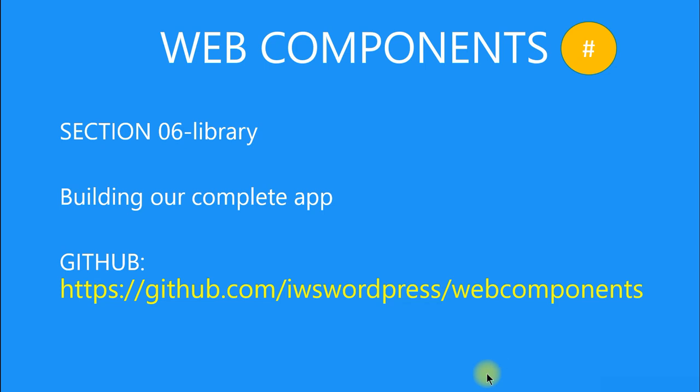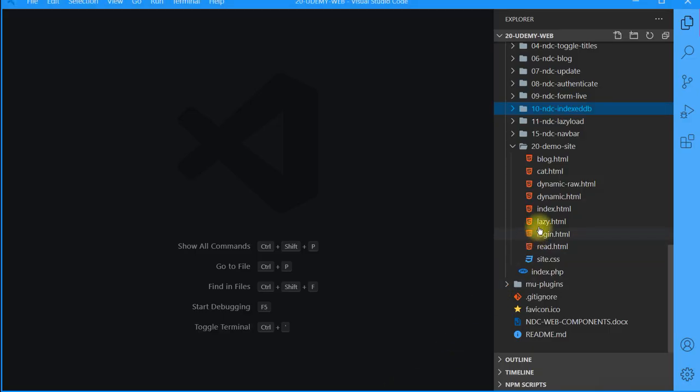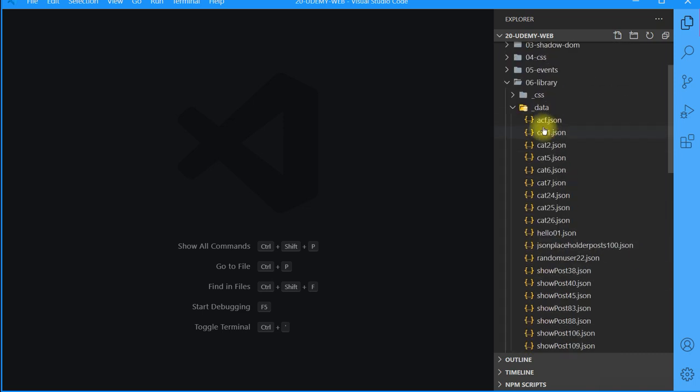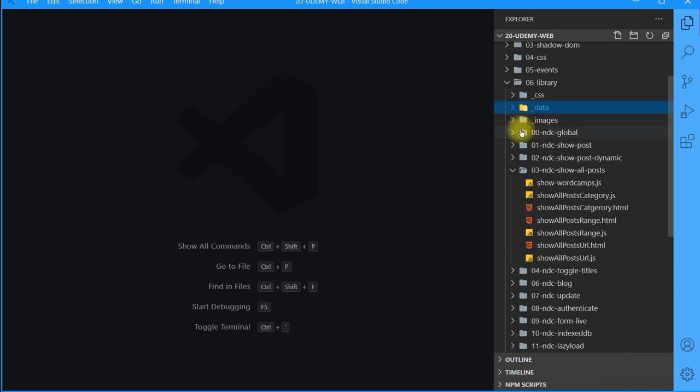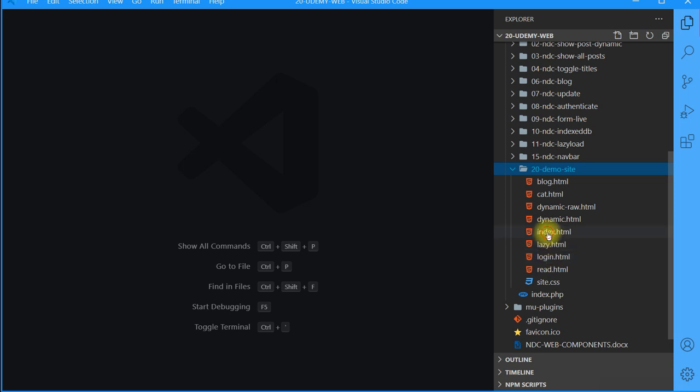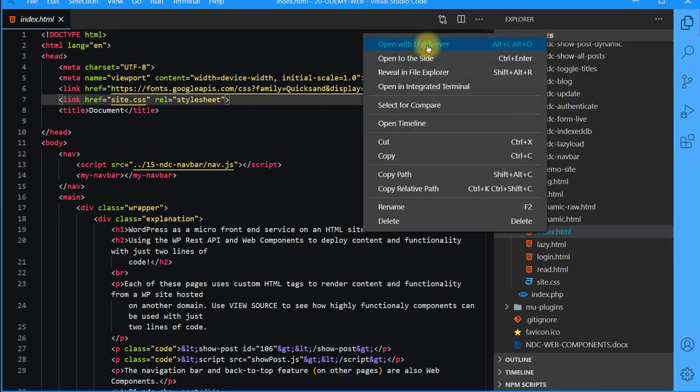Welcome, we're continuing building our complete app, and in the last video we just went through the structure of the library section with CSS data, the individual components and the demo site. So if we go into demo site and go to index.html and open that up,